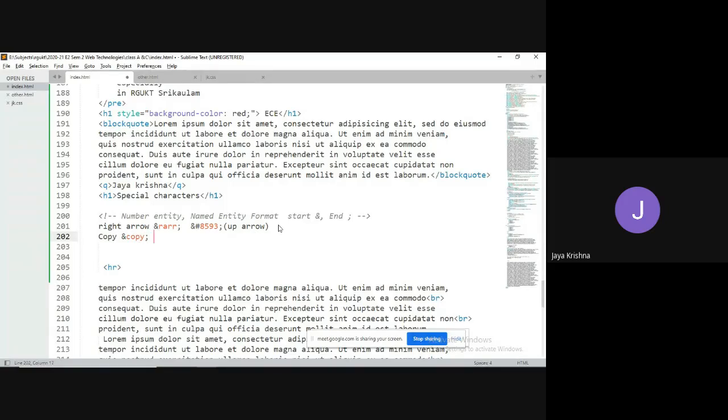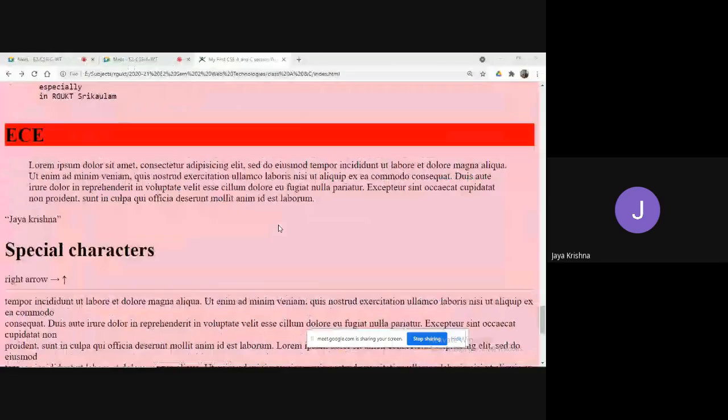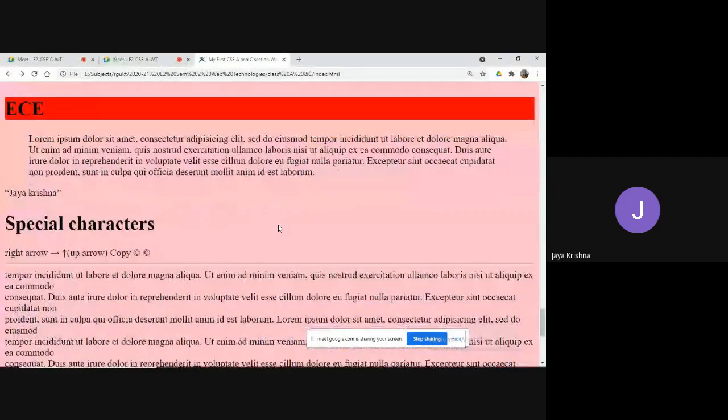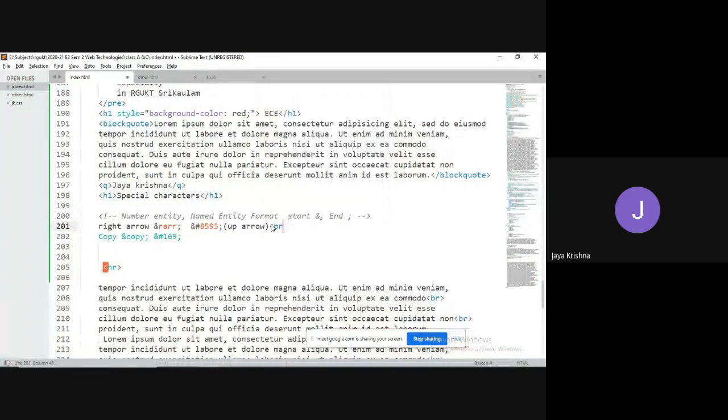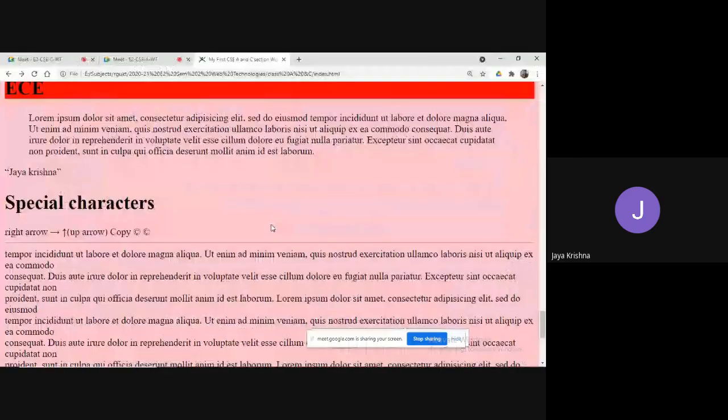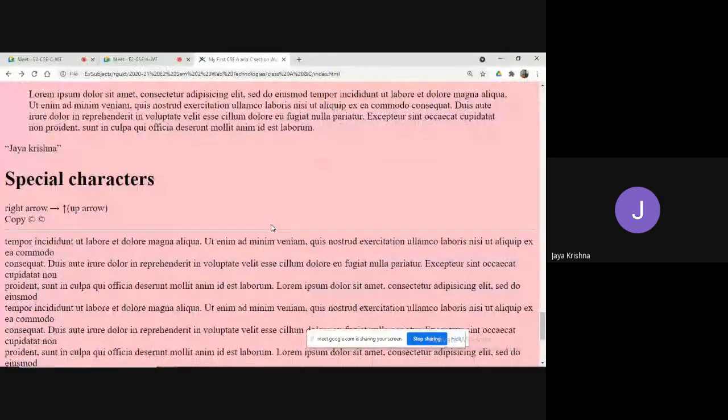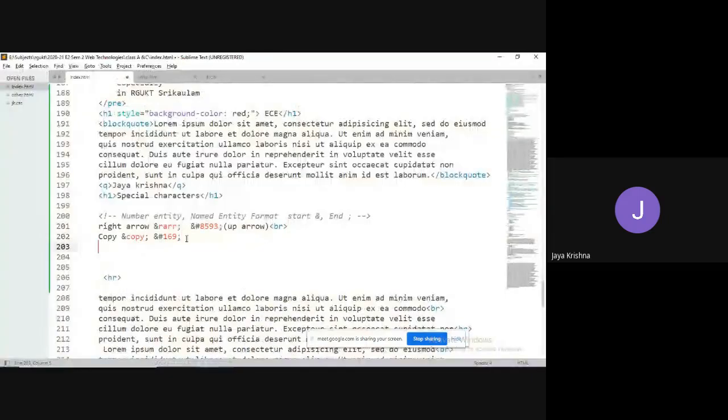If you would like to display that same thing in the form of a number entity, then I can go for ampersand hash 169. Like this, we have trademark. You can Google all this.